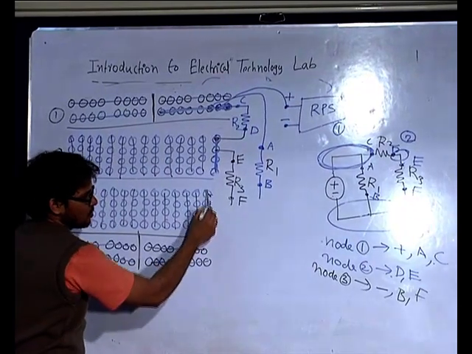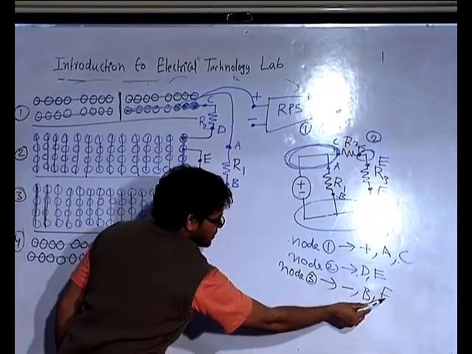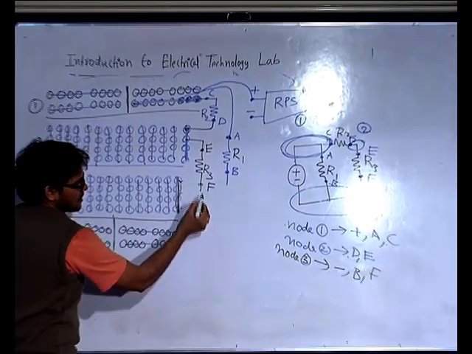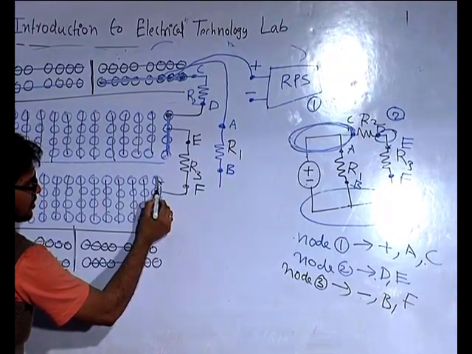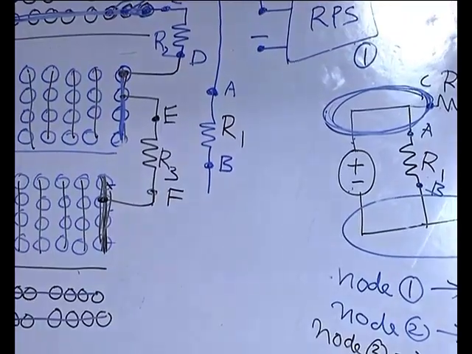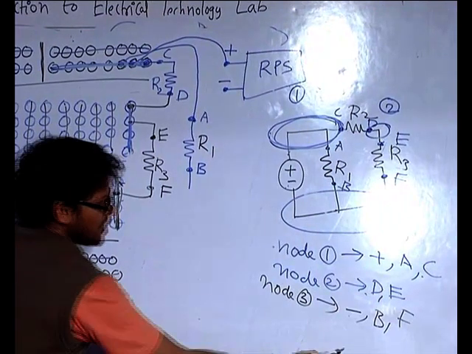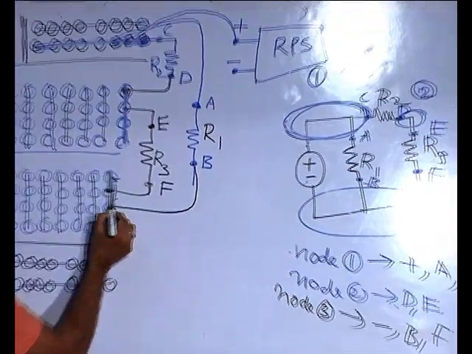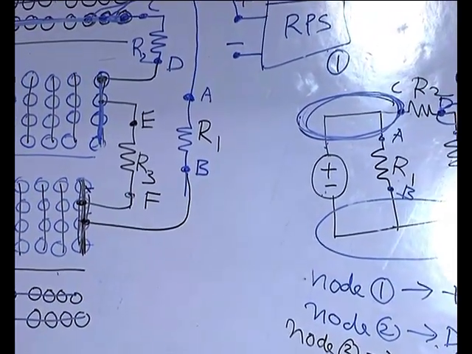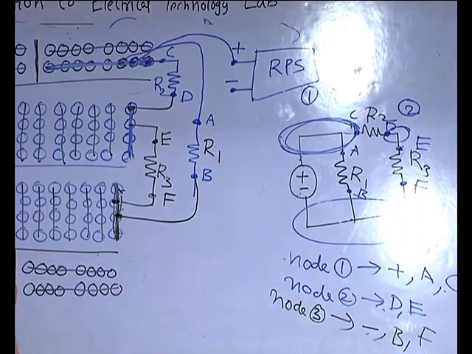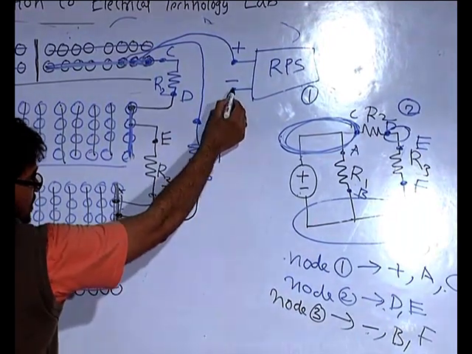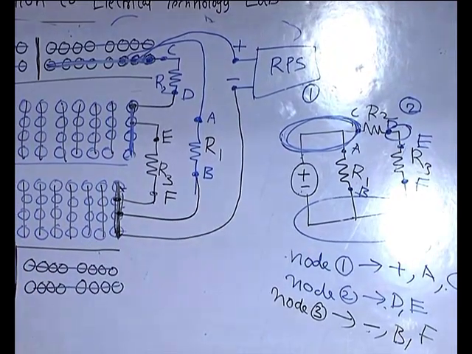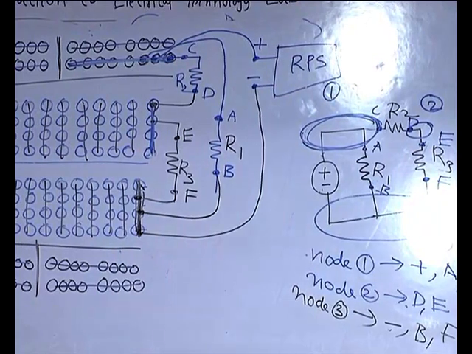So at this third node, you need to connect minus V and F. First, where is this F here? F I will connect here at any one node. Let me connect this here. Then your F is over. Next, come to B. Here is the B terminal. You connect this B here. So B is over. Next, where is minus? Minus is nothing but that is coming from your RPS negative terminal. That will come here. Now the circuit is over on this breadboard.